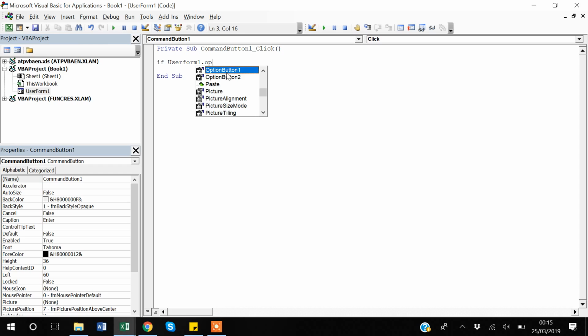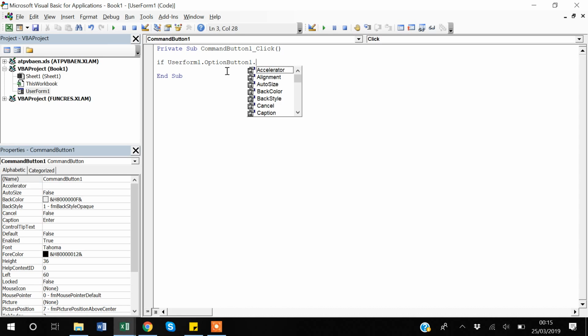So I will be saying OptionButton1 dot Value. So I will be selecting this is equal to True. True means that you have opted that button, or you have selected that button. True. Then